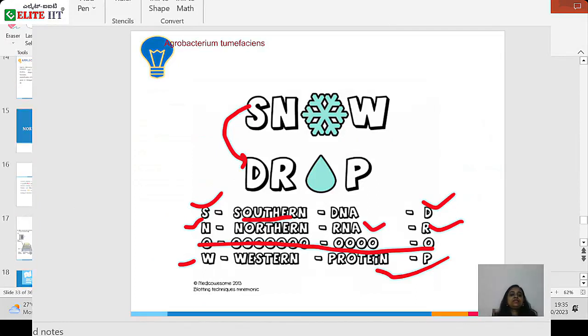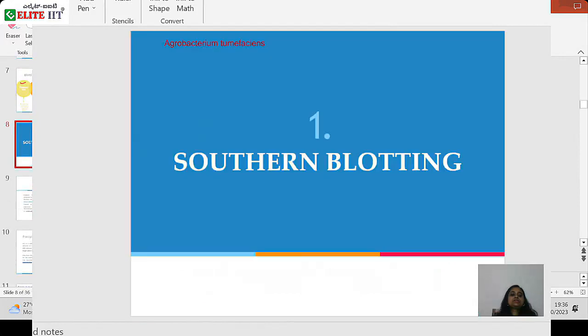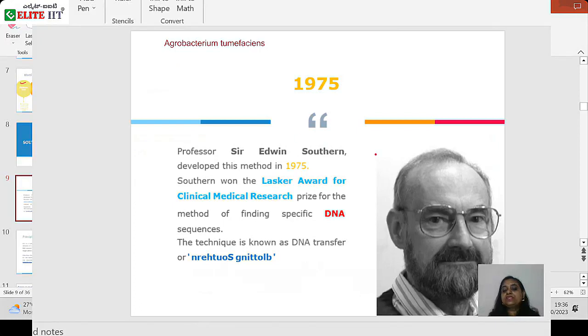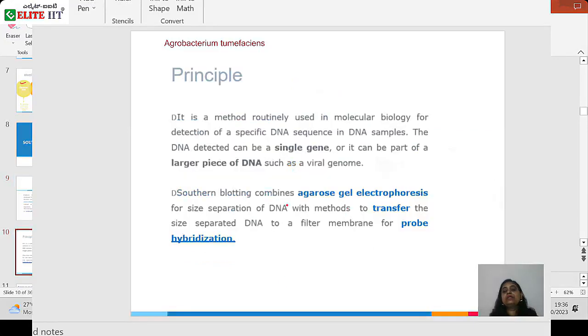Now going to the topic of Southern blotting. Southern means which molecule will be separated? DNA. Very good. This is the scientist's name, Sir Edwin Southern, who developed this separation process in 1975. Now in this case, first of all, you have to do the agarose gel electrophoresis, and then you have to transfer it to